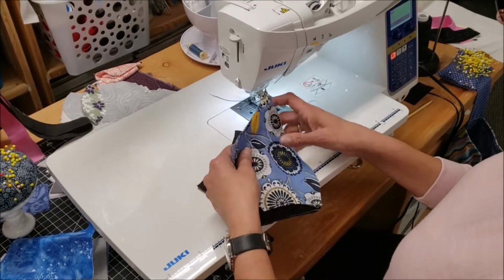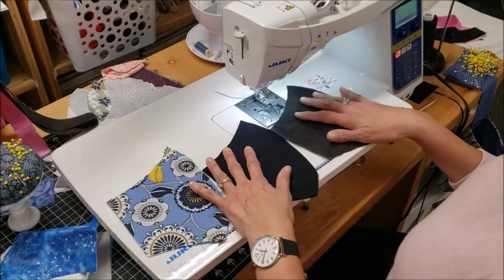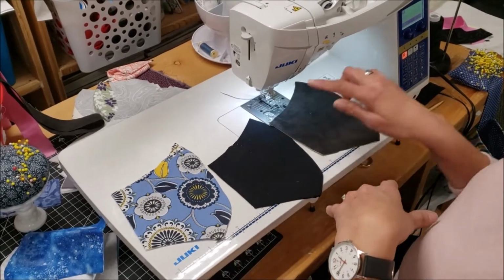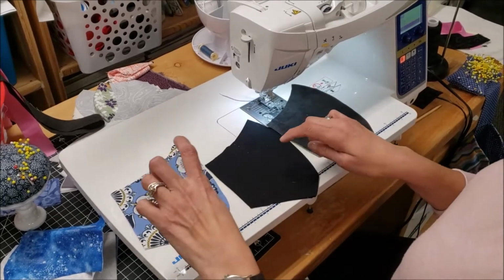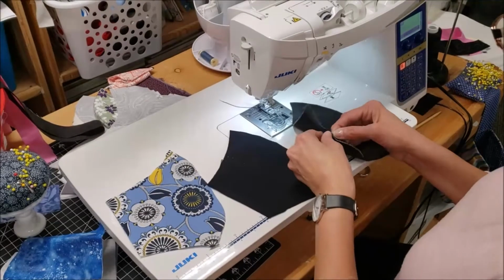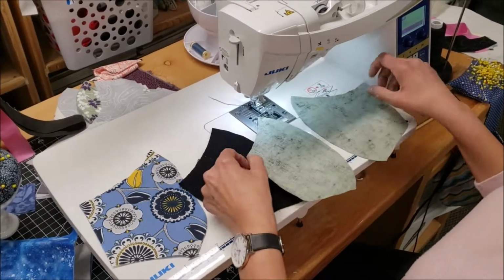Okay, I wanted to show you guys how I'm putting these masks together. The first thing you need to do is, and I'll put a link as to where you can get the patterns, make sure that your outside, your inside, and your face part are all the same size. So what I do is I cut out 2 pieces at a time,